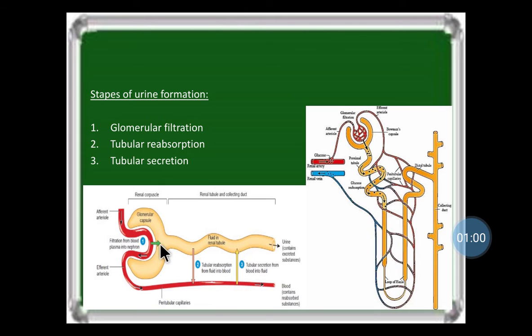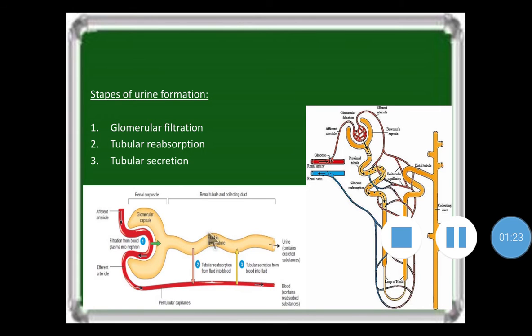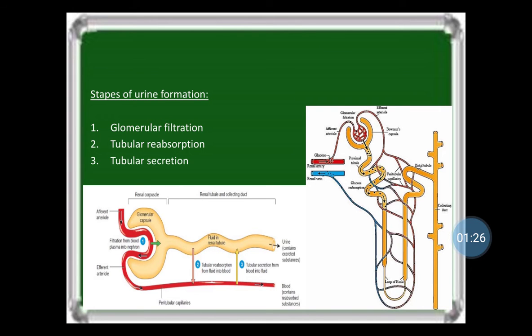Reabsorption takes place in the whole renal tubule, that is in the proximal convoluted tubule, loop of Henle, distal convoluted tubule and the collecting duct. As the filtered fluid flows along this renal tubule, 99% of the filtered water and some solute particles are reabsorbed. So only 1 to 2 liters are excreted as urine. This water and solute return to the blood as it flows through these peritubular capillaries. These peritubular capillaries help with reabsorption and some secretion.